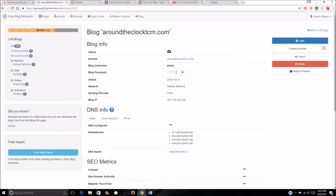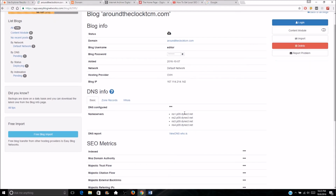If you do share the WordPress login with anyone, make sure you make a new account and that you can change the info for later. And that's an admin account, obviously, and then you can give that to other people. You can also see the hosting provider, obviously the blog IP again, and the domain, the name servers,